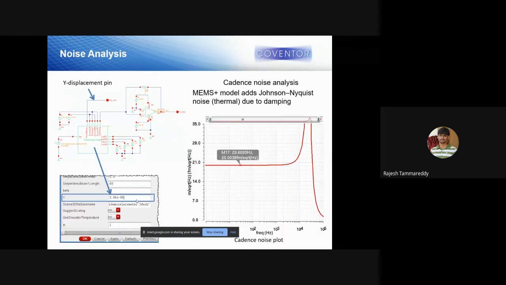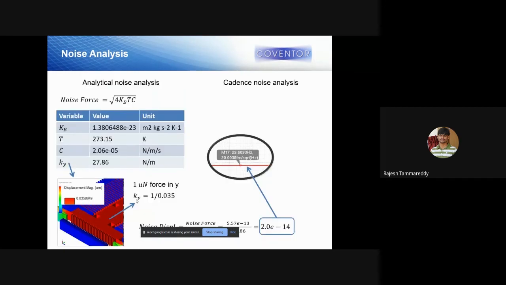The same thing here, it's a noise analysis. What is noise analysis? Suppose there is an acceleration in the low g, there is some change. You don't know whether it is because of input or because of noise, because noise is present in the design. So you have to find the noise equivalent displacement and acceleration. This is called Brownian noise.